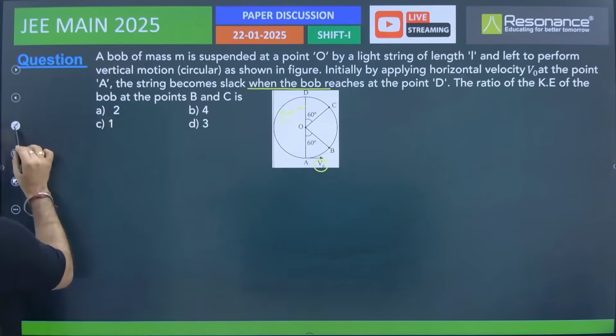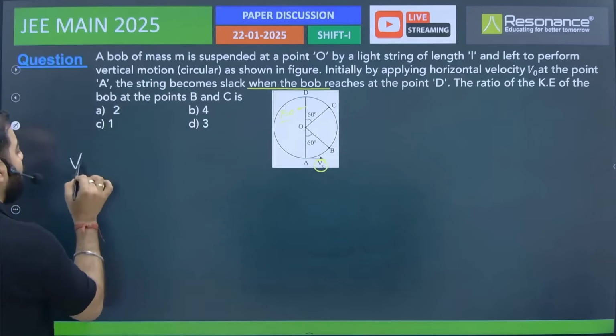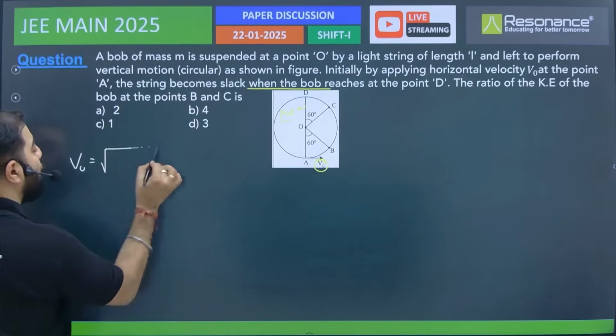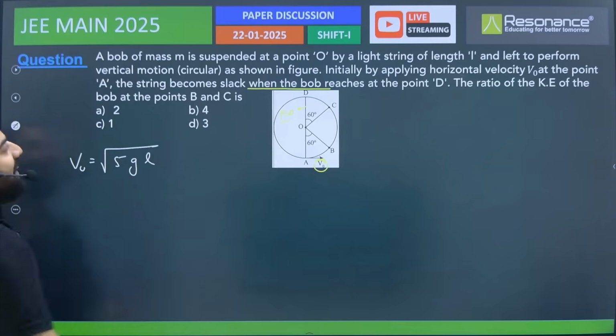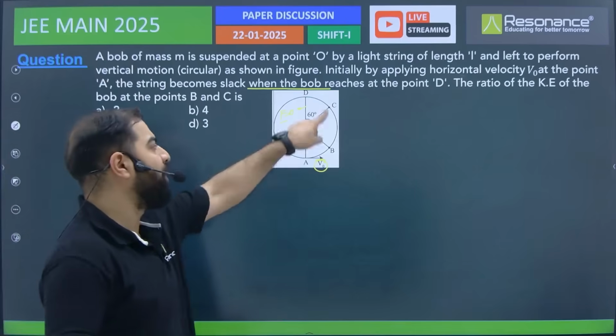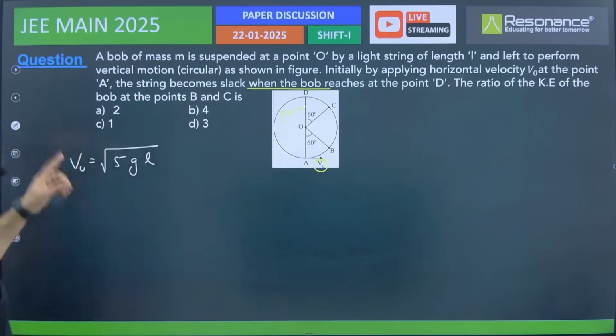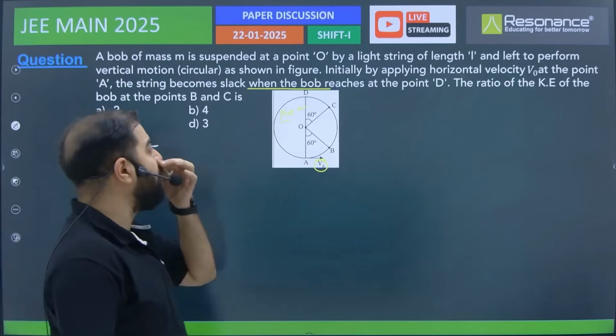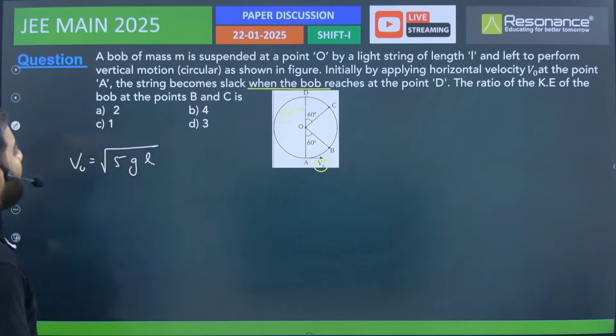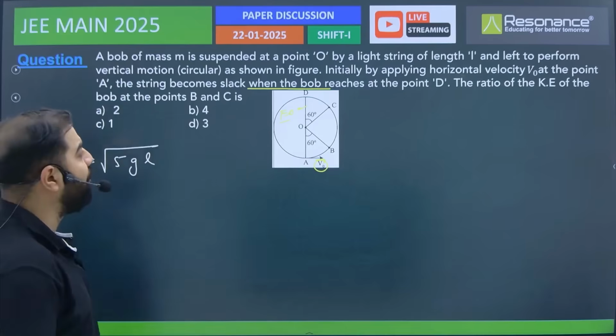Okay. Now, giving the minimum velocity to complete the circular motion means V naught is equal to root over 5gL. Yes or no? The minimum velocity to complete the vertical circular motion is root over 5gR. So a bob of mass m is suspended at a point O by a light string of length L